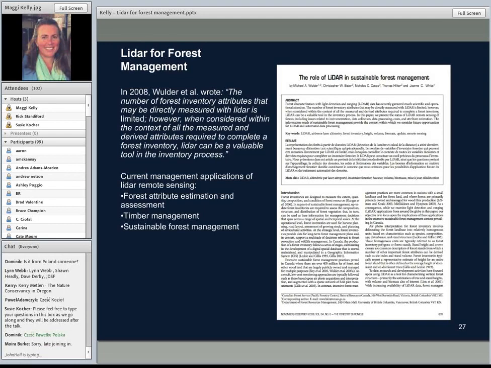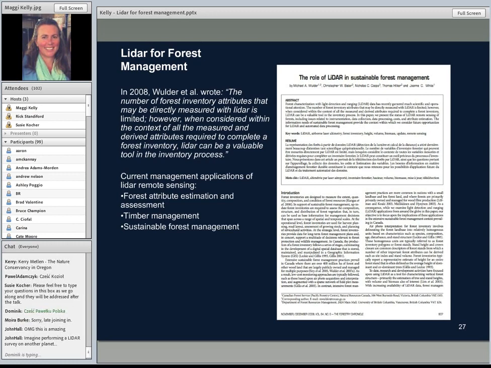So that was a brief foray into forest science. There are other aspects to talk about, but I want to talk quickly also about LiDAR and forest management. There are fewer papers that focus on management, but there are some. Mike Wulder, another leader in this particular area, has written this nice paper, The Role of LiDAR in Sustainable Forest Management, in 2008. He has a somewhat cautious view about the use of LiDAR in management. I'll show you some